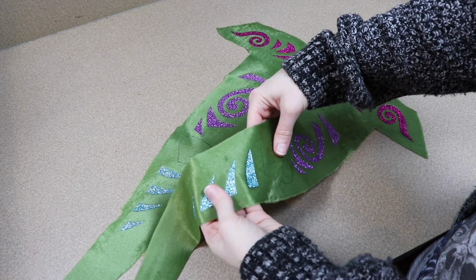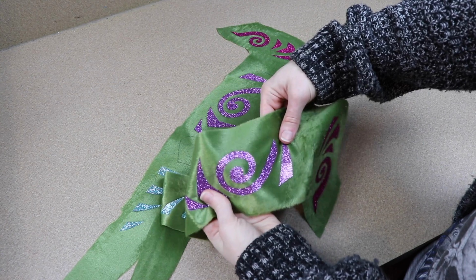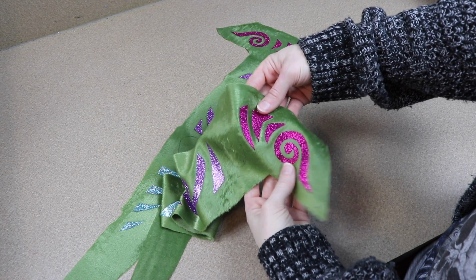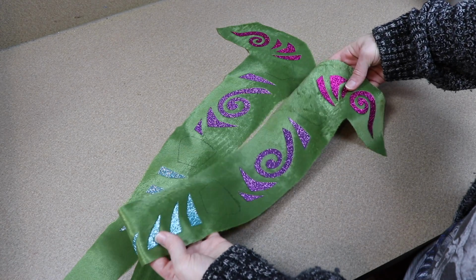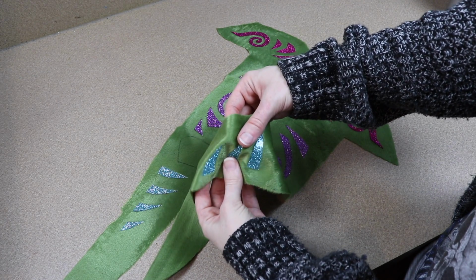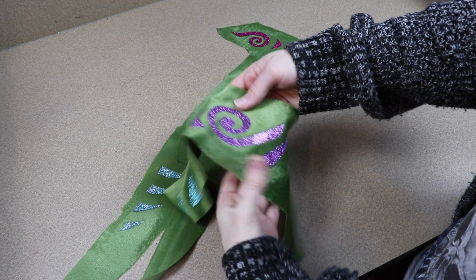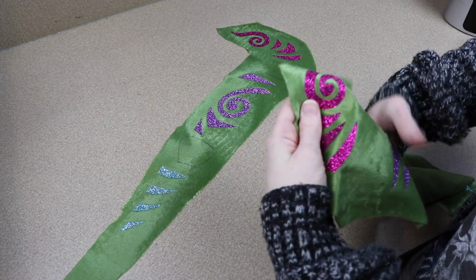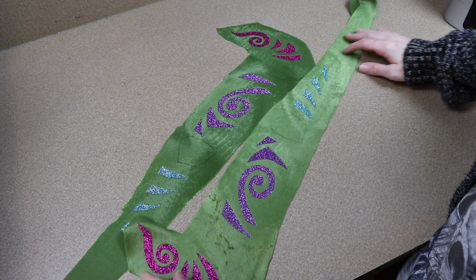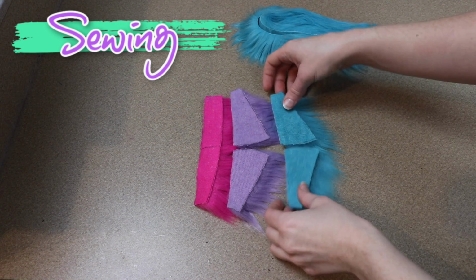You basically have to lay them down with the matte side touching the fabric and then the glossy side up. And the glossy side is basically a plastic film that you'll peel off after you iron everything on. And I really like how glittery they are. They're completely covered in glitter and they're wonderful. And it's the type of glitter that doesn't come off. Like, you know how you buy something that's glittery and it sheds glitter? This isn't like that. Anyways, I got those ironed on and I let them cool,